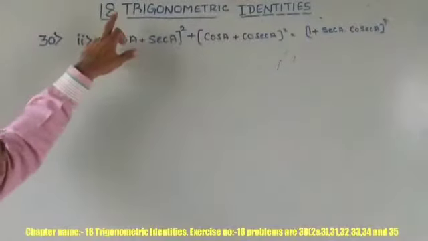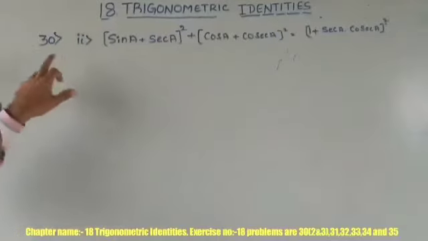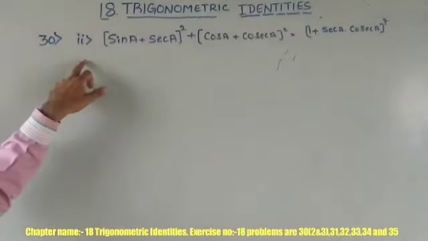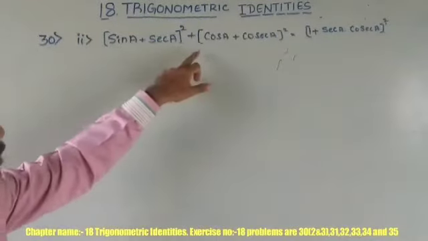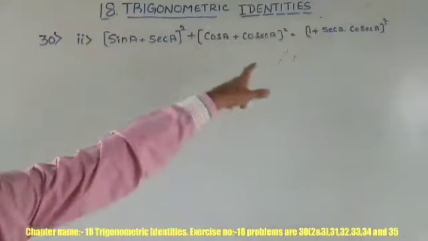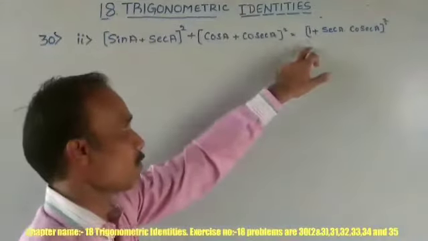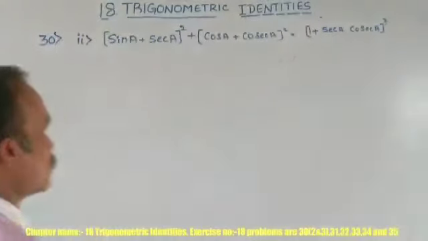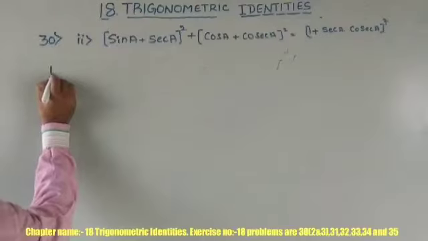The next question, same chapter, trigonometric identities, question number 30, second one. (sin A plus secant A) whole square plus (cos A plus cosecant A) whole square. We have to show this value is equal to (1 plus secant A into cosecant A) whole square. Now consider LHS